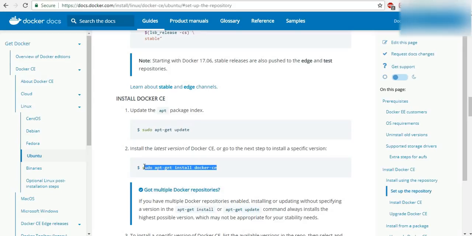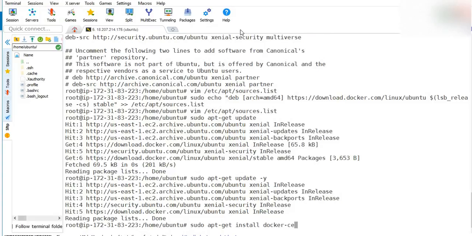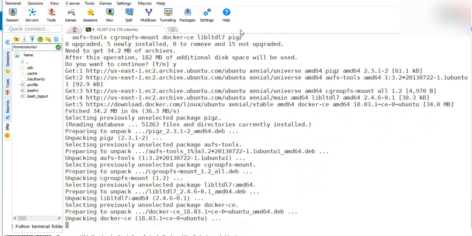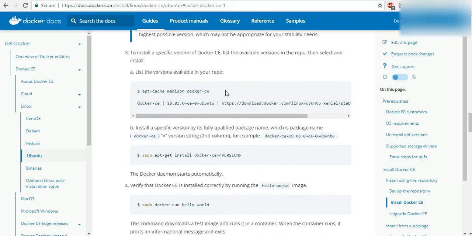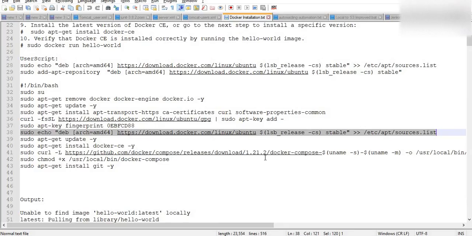What we will do after this is install. We will now install Docker using CE. For this package the name is CE. So yes, let's install. It's unpacking. Let us install the Docker. Once the Docker is installed, if you specifically want a particular version of Docker, otherwise right now it's always going to get the latest version. But if you want, say right now the latest version is 18.03, and you want 17 or 16, you can get that also by specifying the version name.